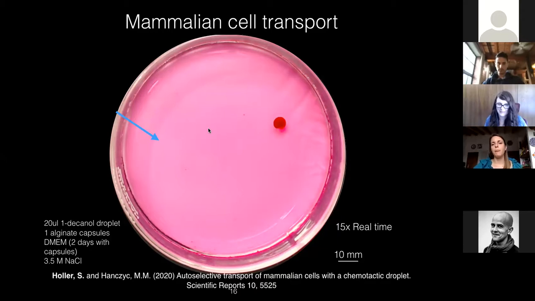At the same time, the alginate capsules can be retained and bind the droplet only if the cells are inside and they release a surfactant. So we are not simply coupling these two systems, but we are increasing the efficiency and the functions of both, both the cells and the chemotactic droplets. But this is not the only approach to integrate different systems.